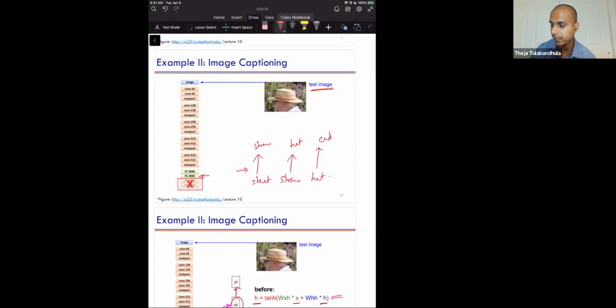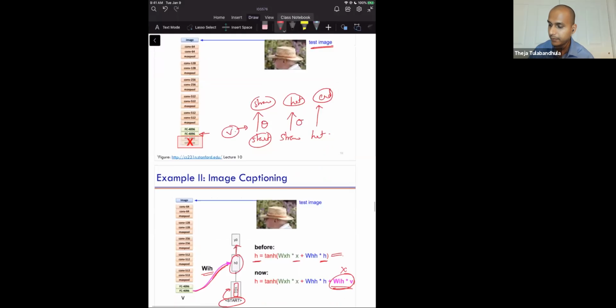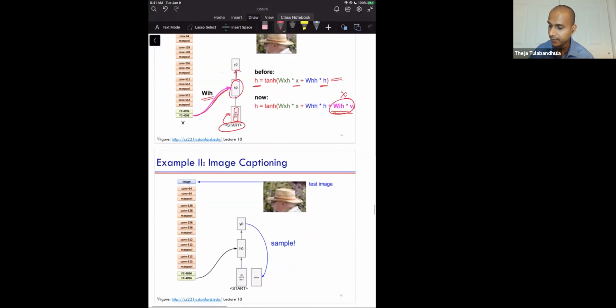And one more input here is the image embedding, right? So this is the training time. You know exactly what the inputs and the output are, and you can compute the loss and update the parameters. At test time, you get the test image and pass it through,